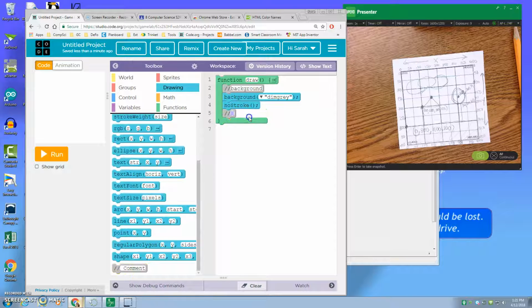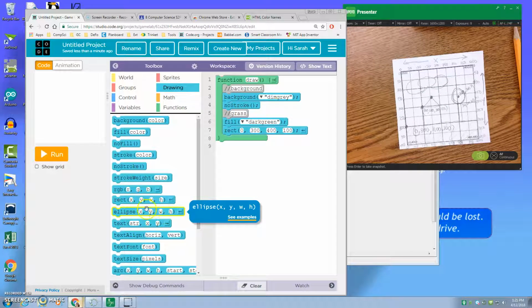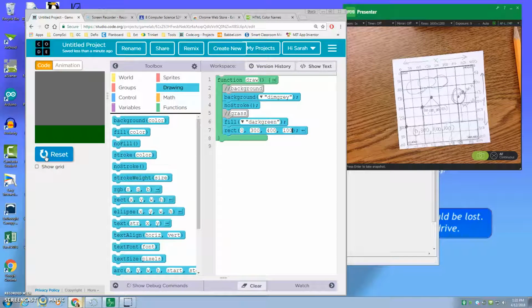And I'm going to start with the grass on the bottom. So I would pick a dark green color. I know that's the color I want. Dark green, no caps, no spaces. And I'll draw a rectangle here. And I can see that starts at 0, 300. So 0, 300. And I can see that I said it's 400 wide and 100 tall. So 400 wide and 100 tall. And you can see that right here: X, Y, width, height. So if I run this, there's my start to my